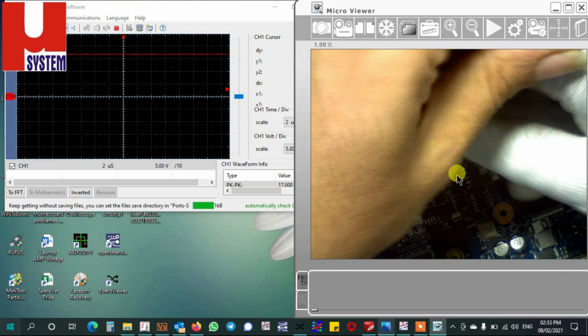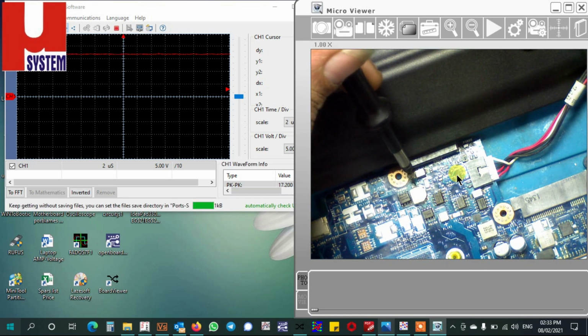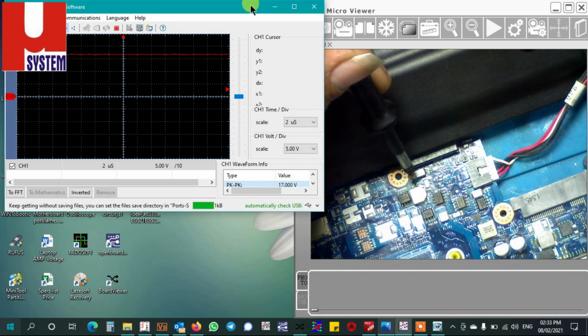Now if I shut down this laptop, this charging circuit, I'm going to shut down it for a few seconds. So what happens, check over here. The voltages are 17 volt over here, 17 volt here. Now if I shut down the power supply, it will come down to 16 volt or less than that. So battery is now working. The laptop can work on battery also.